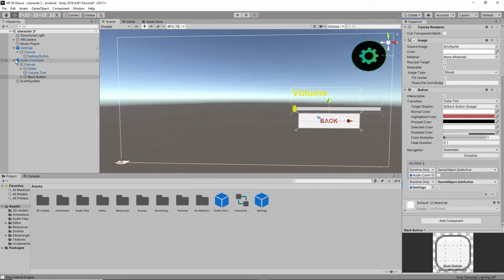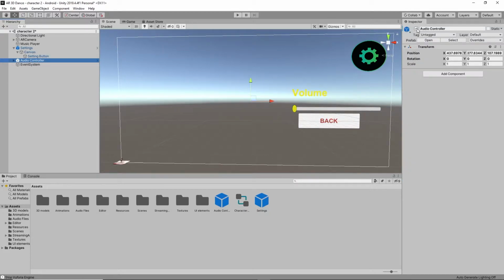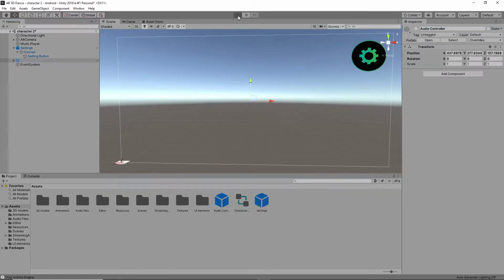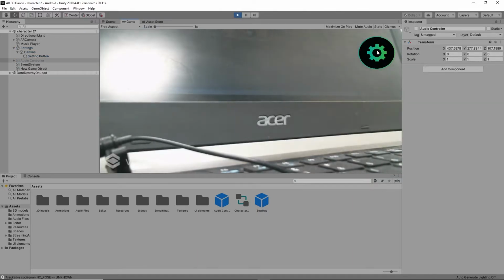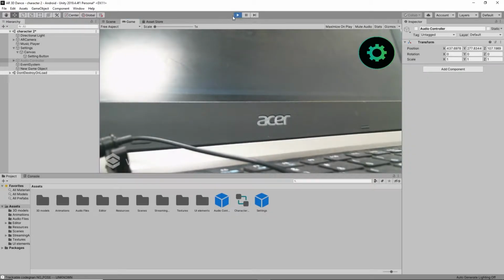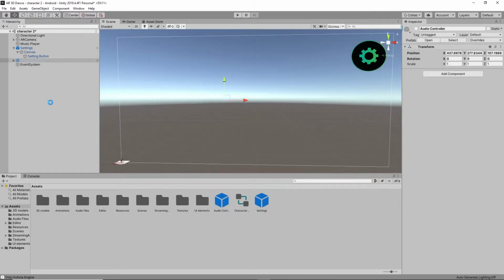Now it is good. Now you can select the audio controller and disable this, and now check play, and I click on the settings button, it will appear. If I click on the back button, it was working good. Now the same configuration will be done to character 1 as well.